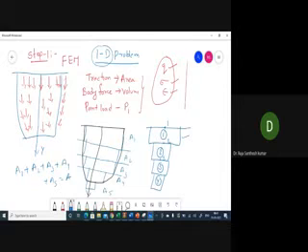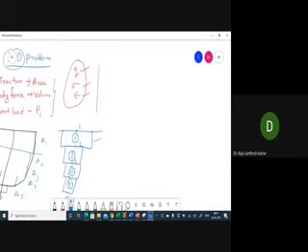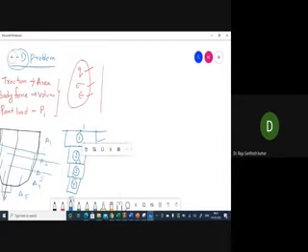Now I'm going to indicate the nodal numbers. It is node 1, node 2. A node is nothing but the end of an element. So for element 1, this is the first end and this is the second end. For the second element, 2 is the first end and 3 is the second end. Right? Then 4 and 5.